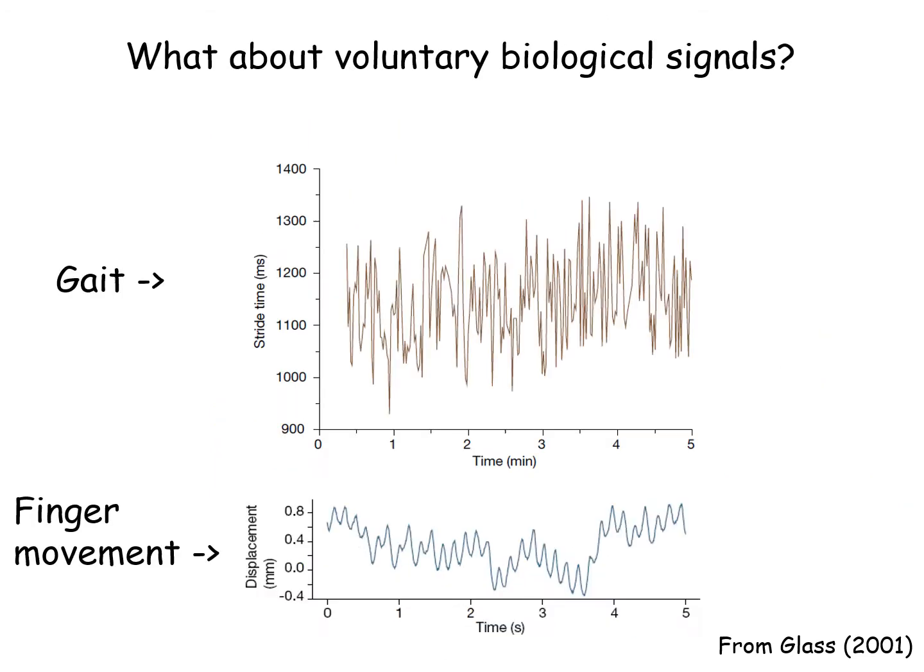We can look at the voluntary biological systems as well. This is our gait. This is our stride time over time, okay? So how did our stride time change over 5 minutes of, say, walking on a treadmill? We see that maybe there's a little bit of this sine wave in here as well, but even if I just draw over it, is it really that sine wave? Does it look consistent? Why might the stride change, even if we're walking on a perfectly flat treadmill? Why does that stride change seem so inconsistent?